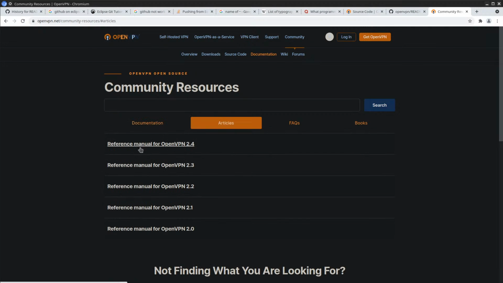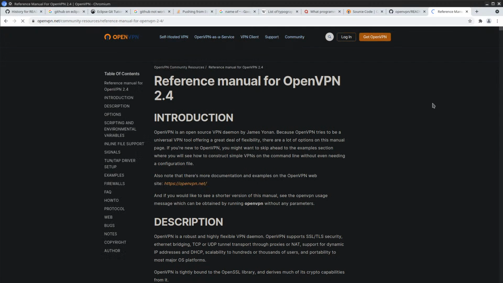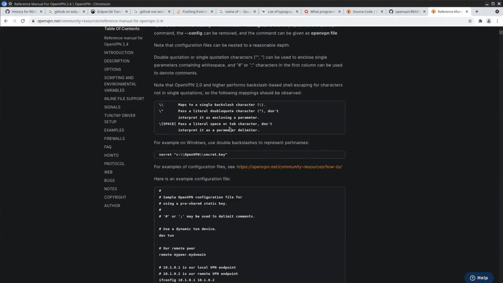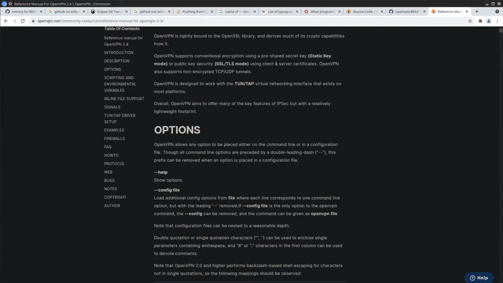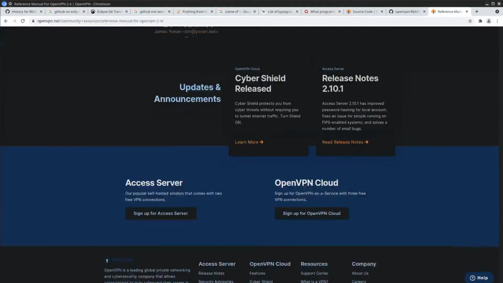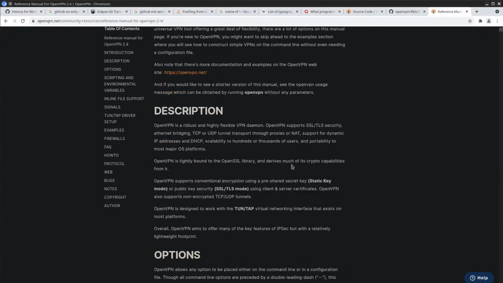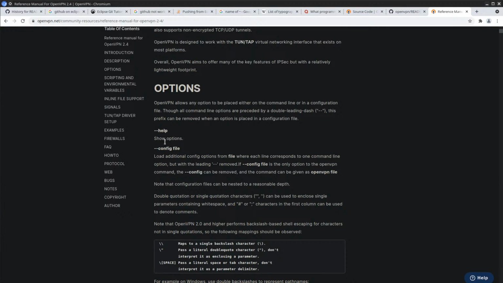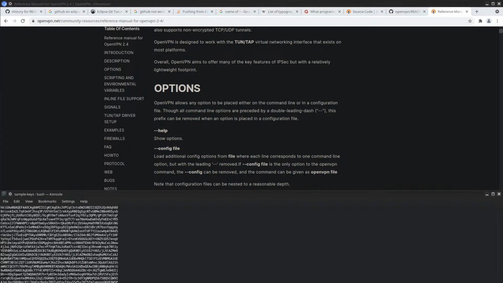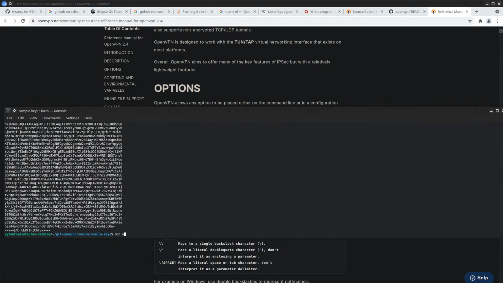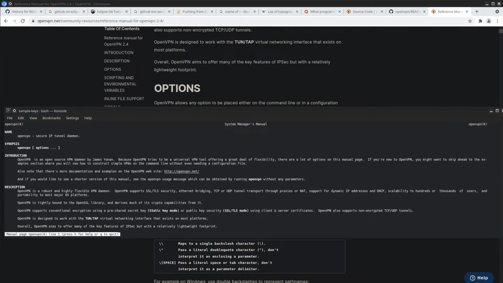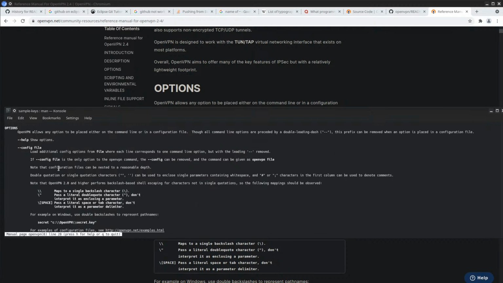Let's see articles. Reference manual. I imagine this is a lengthy book. Oh, so I guess this is only references, all the commands and so on. So this is what you get when you type in openvpn.